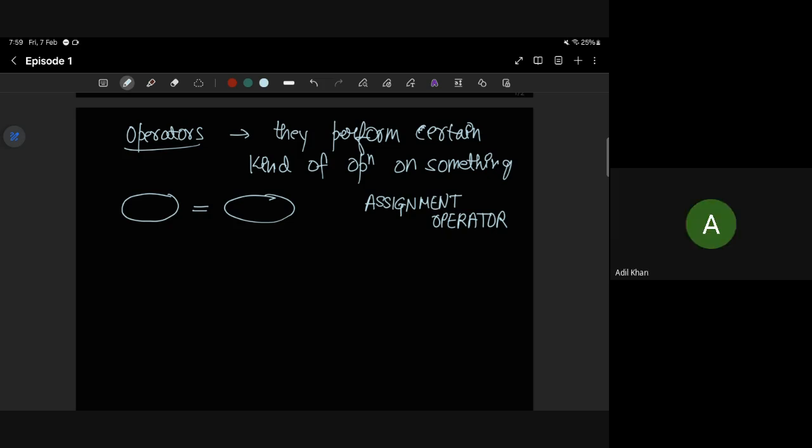Yes, you are right, that's what I'm saying. Not every operator which is there in C is in Python, and not every operator which is there in Python is in C. There is a difference, but most of them are the same. The basic ones which we use in general in programming, all those things are there.